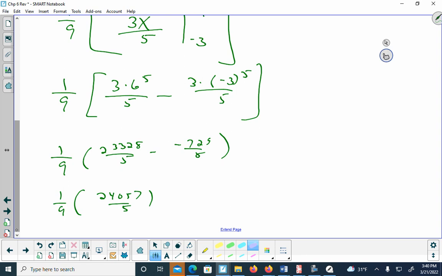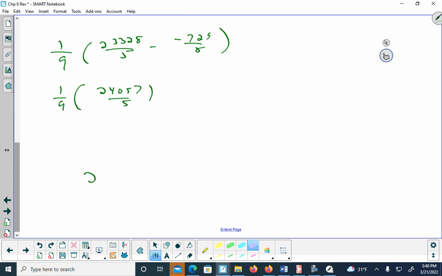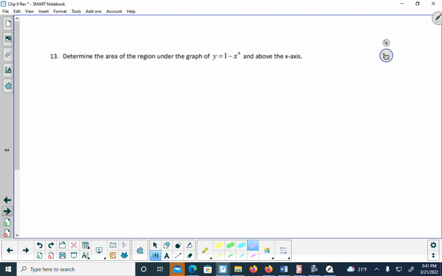24057 over 5 multiplied by 1/9, that ends up being 267 over 5. Or if you did the decimal, it's 534. Whatever. The next one, determine the area of the region under the graph of 1 minus x to the fourth above